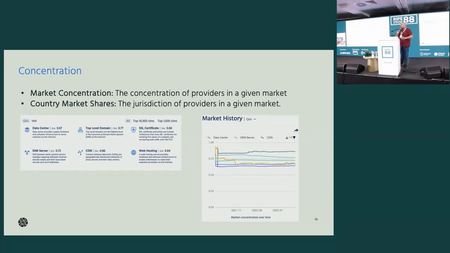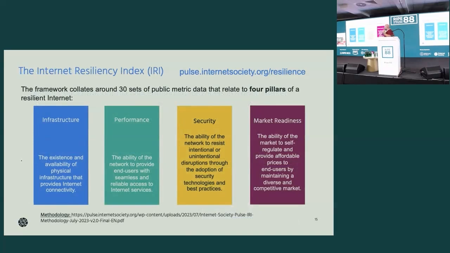And then from there, we expanded and we took into consideration 30 different sets of data that are available publicly to produce the Internet Resilience Index. And this is the key thing that I want to talk to you about today. The Internet Resilience Index combines data about different pillars, 4 pillars, in producing single numbers that give an indication about the health of the internet in a specific country or region or economy